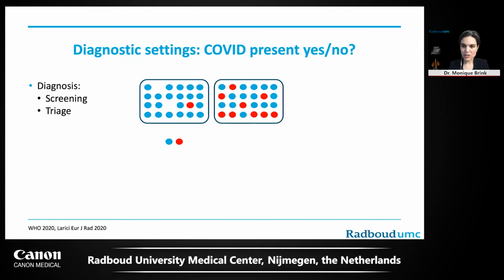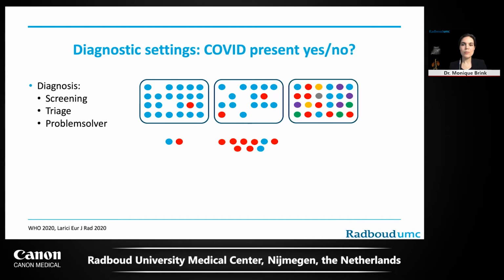You have a triage situation, which means that you have a lot of patients with clinical suspicion of COVID-19, but you did not perform other tests yet. So CT is the first diagnostic tool you use in a diagnosis. You don't have PCR yet or otherwise, and you would like to roughly discriminate patients with a very high likelihood of disease from patients who don't have COVID-19.